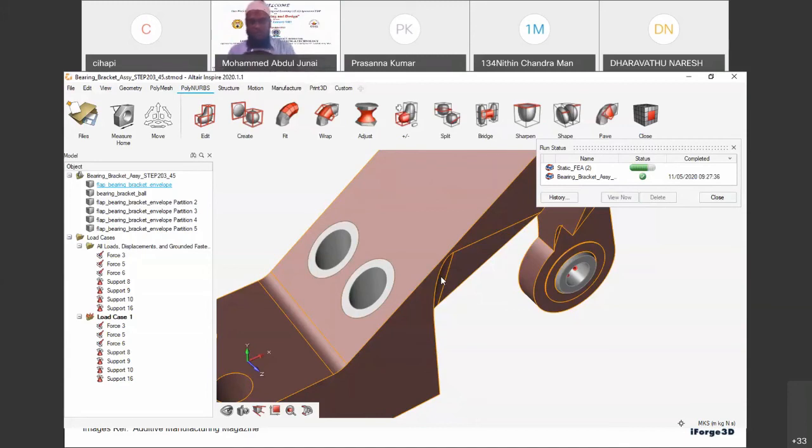That's the one thing. The second one is the holes. Why do you get holes? When you're preparing a quality mesh, sometimes we will be removing high aspect ratio elements, or by automatic quality checks, these kinds of elements will be removed. Those form holes in the material, in the component. So that should be filled.